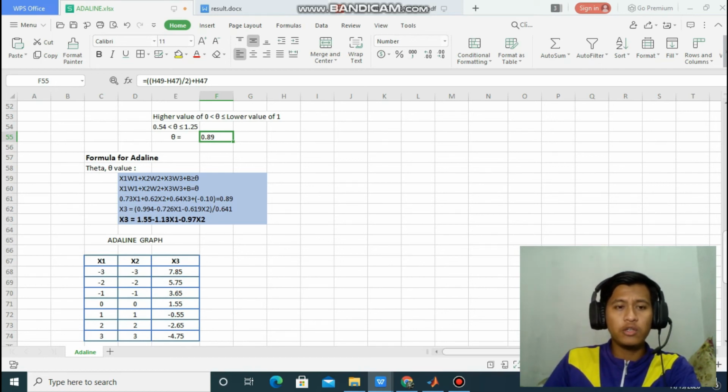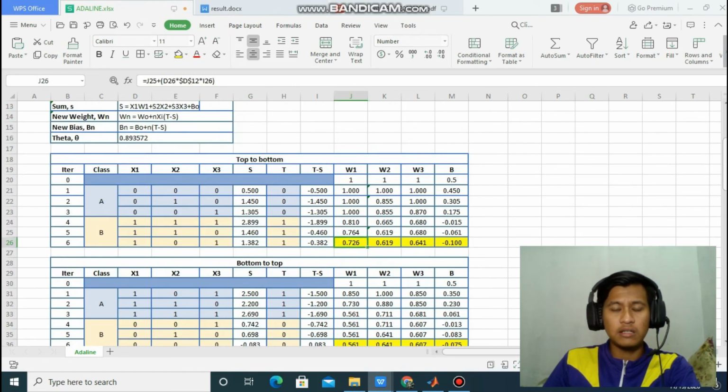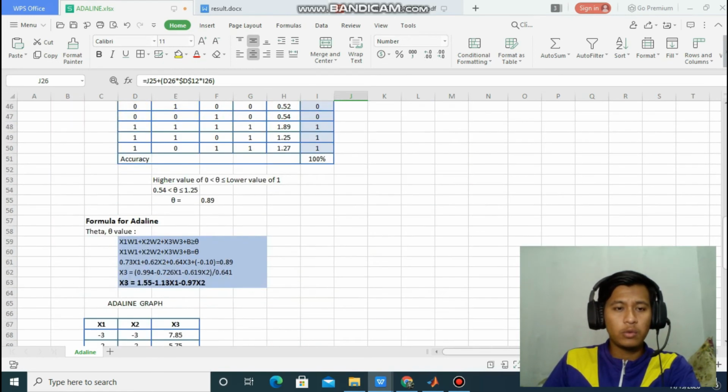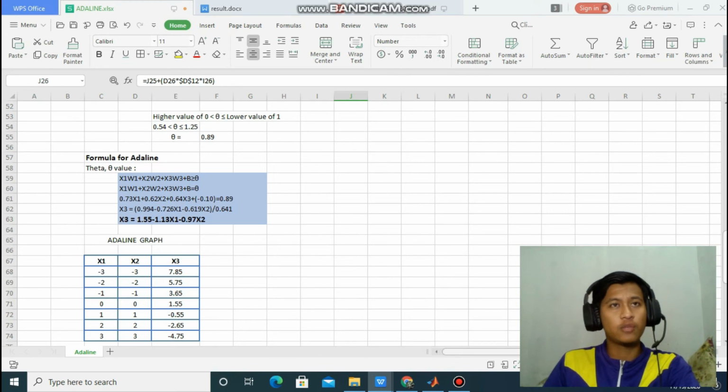The values we use for this other line are the ones I already highlighted. We put the data into the formula, which is 0.73 x1 plus 0.62 x2 plus 0.64 x3 minus 0.1